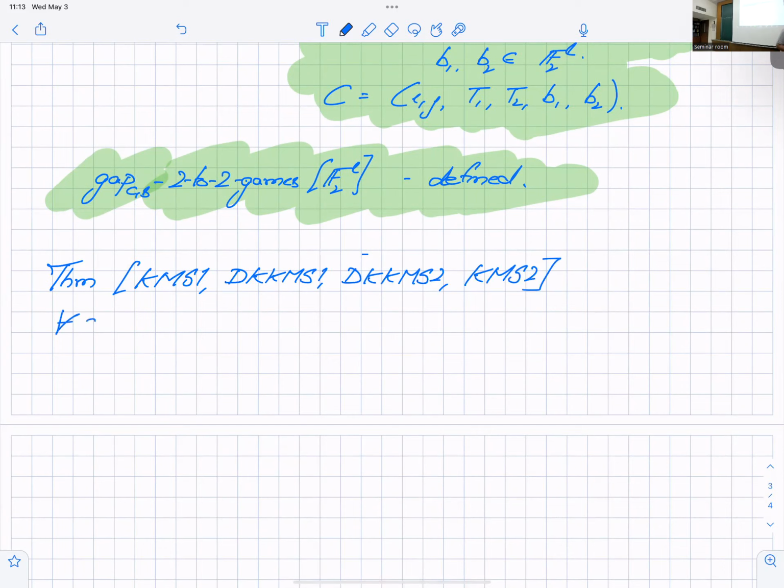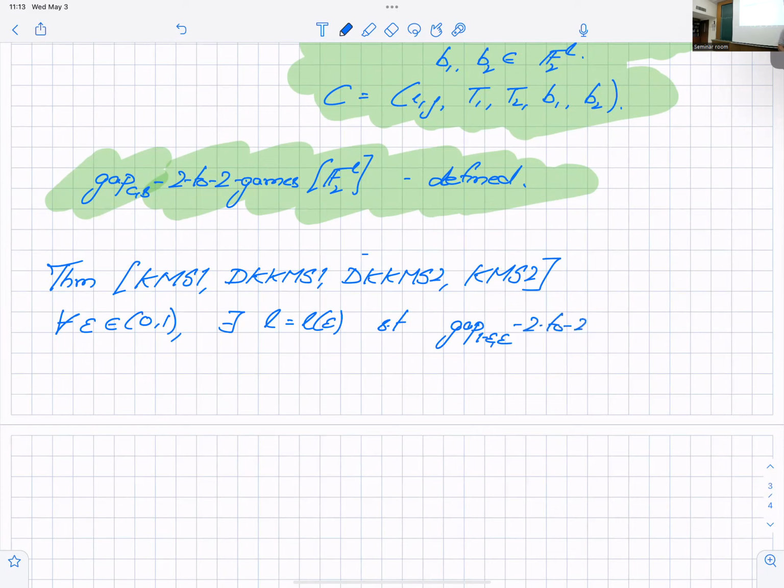For all epsilon. Notice out here you could expect perfect completeness. For UG, there's a reason why we couldn't do perfect. You can't expect perfect. And here you could, but they don't prove perfect completeness. That's in fact an open question. What they prove is for all epsilon in (0, 1), there exists L large enough such that gap 1 minus epsilon